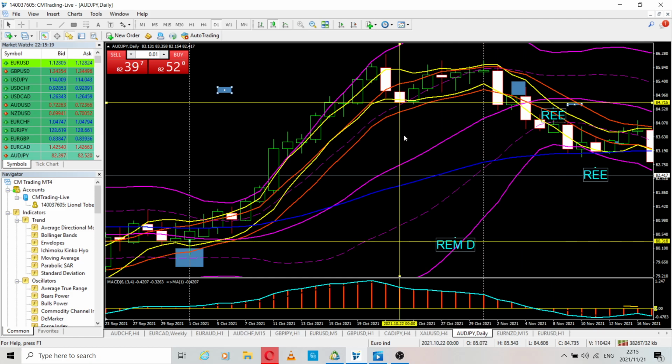Then once you put it there, it will be like this. Just like that. So this is the candle that touched your low. These two moving averages at the bottom are our low. So when that candle comes to this area, what you do is after it touches and closes, it means it's